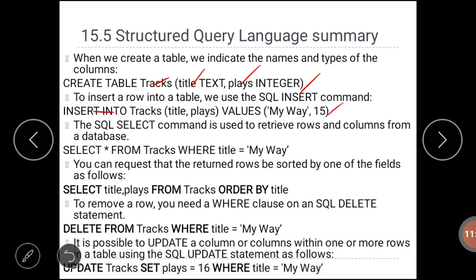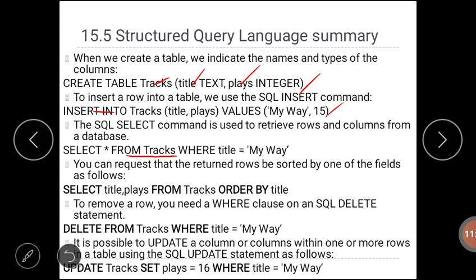Next, the SELECT command. The SELECT command retrieves all the records from the table. Here SELECT * FROM, and we can specify the table name. Again here we have one more, SELECT * FROM tracks WHERE title equal to my way.